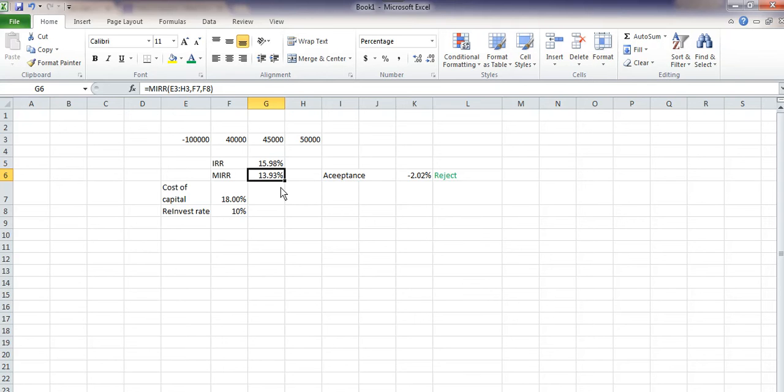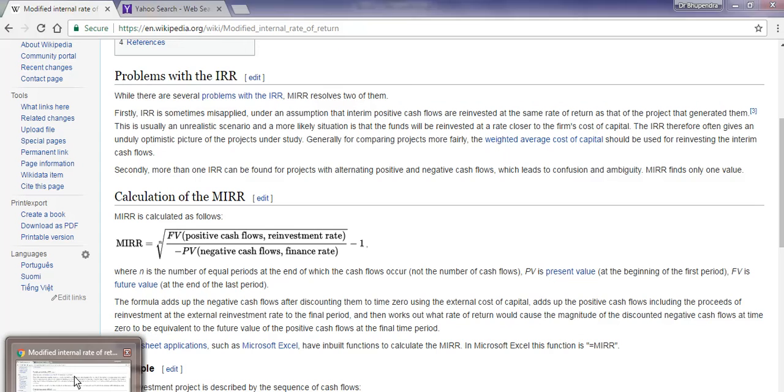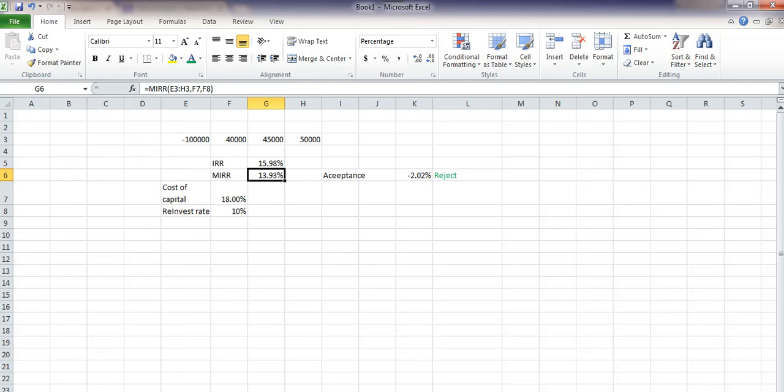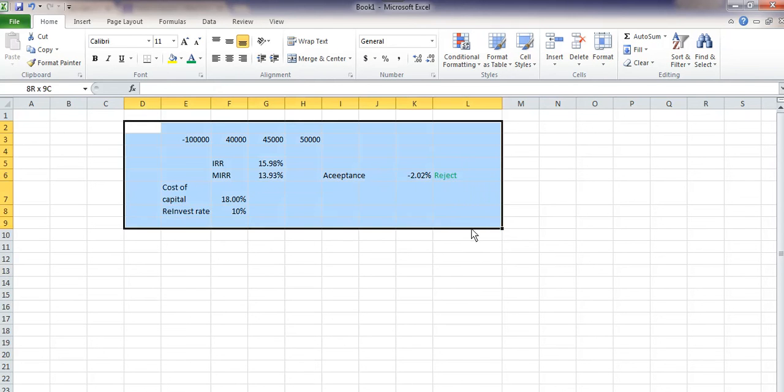So I hope that after watching this video or consulting other websites, you are clear. I should also make clear that MIRR is the nth root of the future value of positive cash flows at the reinvestment rate, divided by the present value of negative cash flows at the finance rate, then minus 1. This is the mathematical interpretation only. The concept clarity is only achieved when you understand these are different